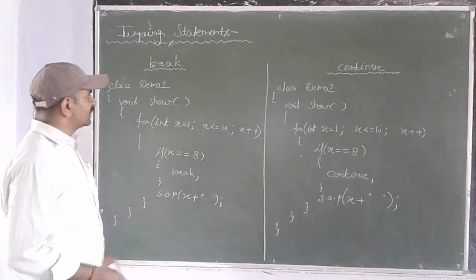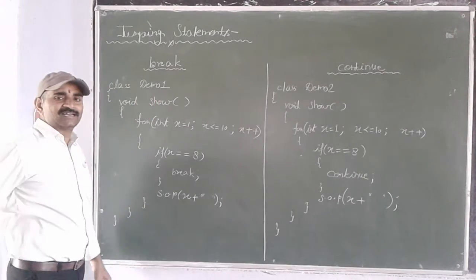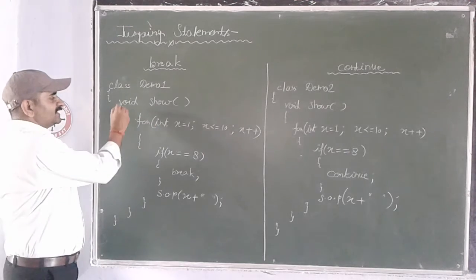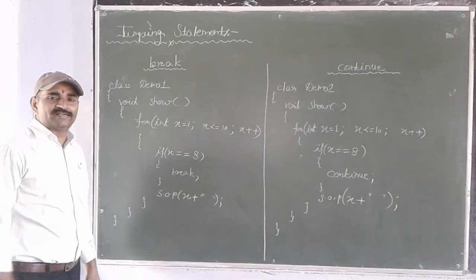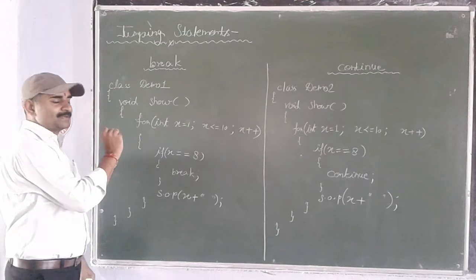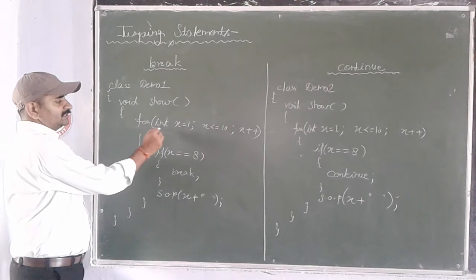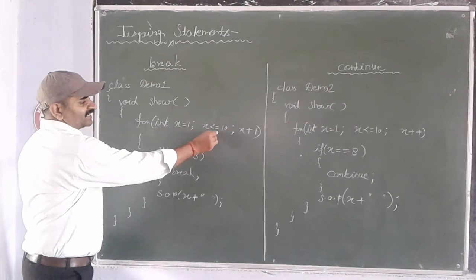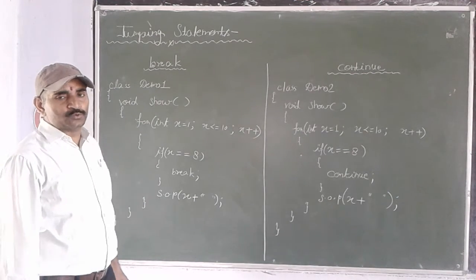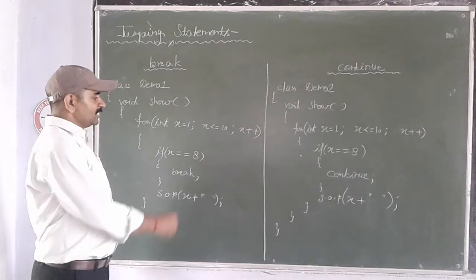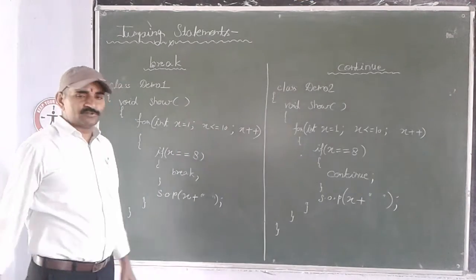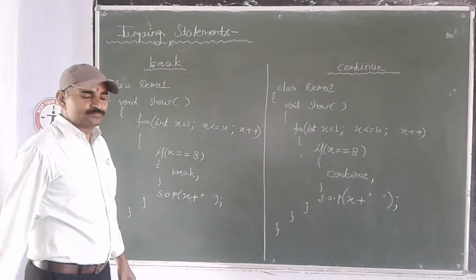First of all you can see the role of break statement in a Java program. Here Demo is one of the classes in which we define a method show. You can see here return type is void. Now in the body of the show method, for int x is equal 1, x is less than equal 10, x plus plus. It means this loop will execute 10 times, starting from 1 and up to 10. So now we start the execution of this loop.